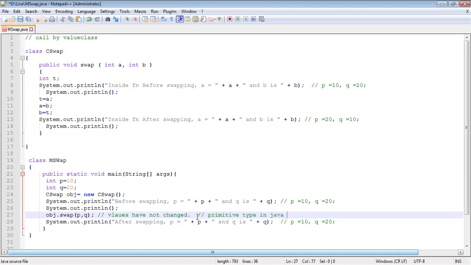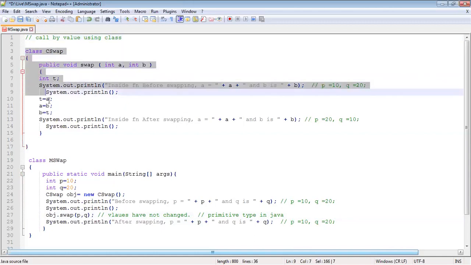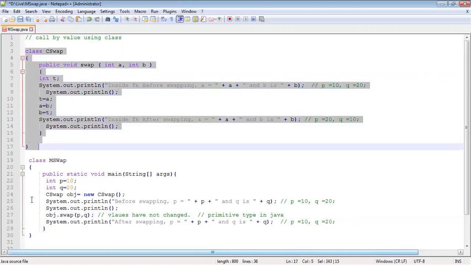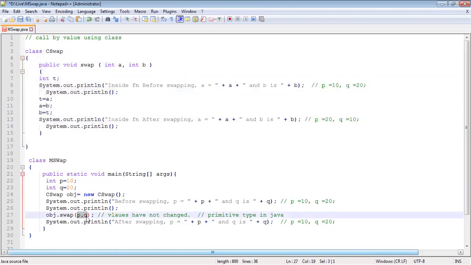As I told you earlier, whenever you are passing primitive types in Java, the values will not be changed. Are you getting me? Whenever you are passing primitive types in Java, it is called by value. Even though you have used a class, you are passing primitive values. It is P and Q itself over here.